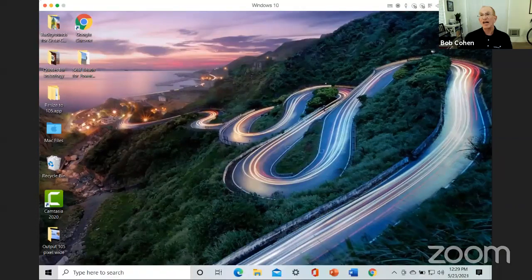Obviously, if you use a lot of iCloud services and a lot of apps from Apple, then it's worth it to look at using a Mac. But if you're not a big Apple application user, meaning Apple's Pages and Numbers and Keynote and video editing and photo editing tools, then either Windows or Macs will both do the job for you equally.